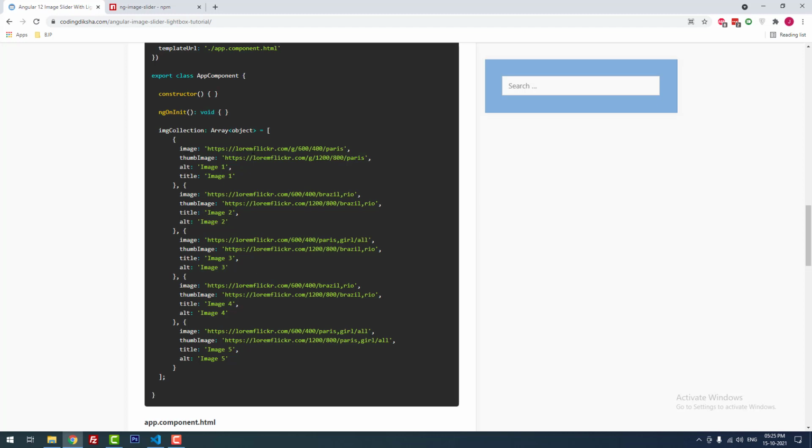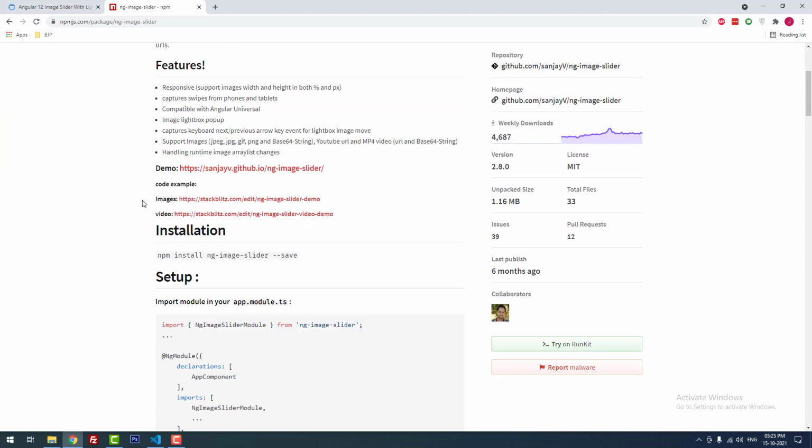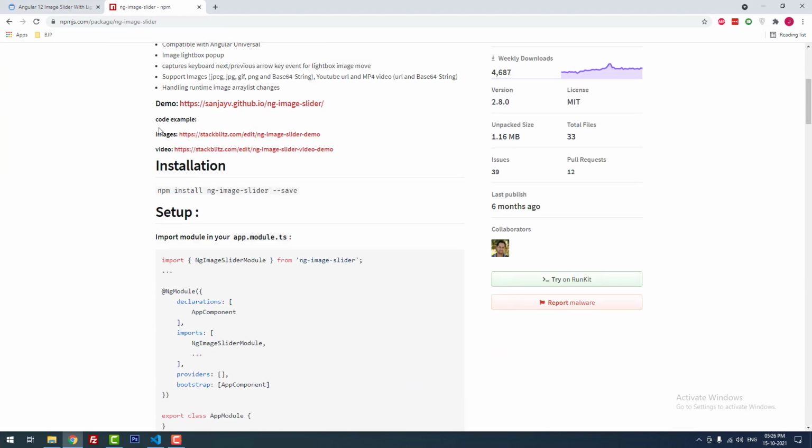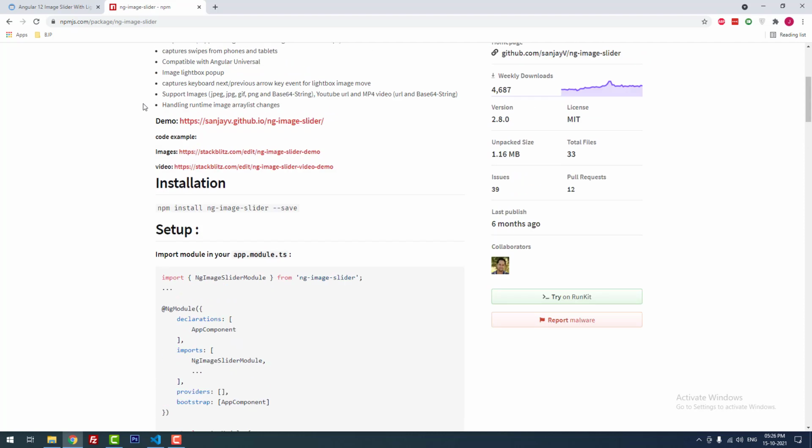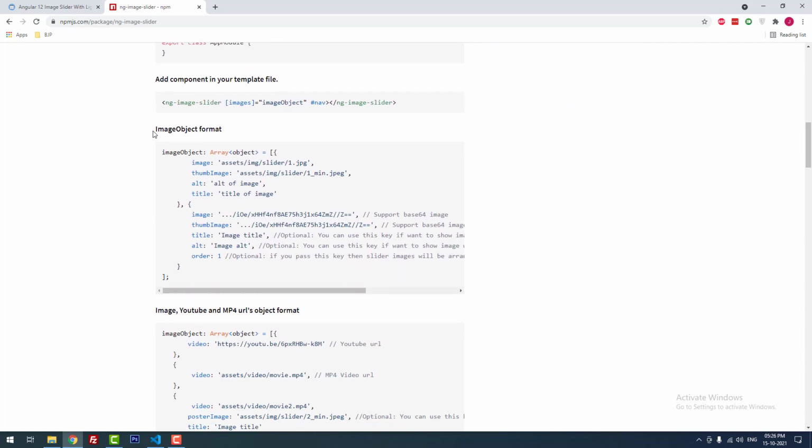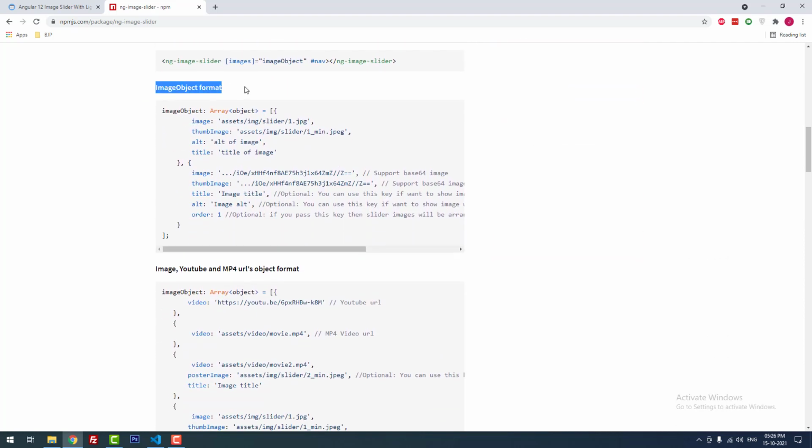As you can see, image is the image file URL, and thumbImage means thumbnail, then alternative text and the title of the image. You can add as many images as you want. You can see that this is the default function of the library. You can see here the image object format. This is the default format of the library.